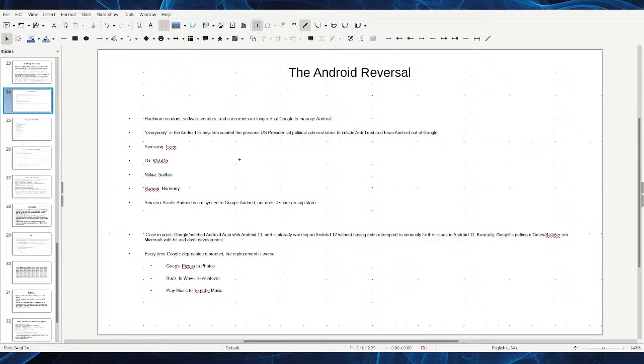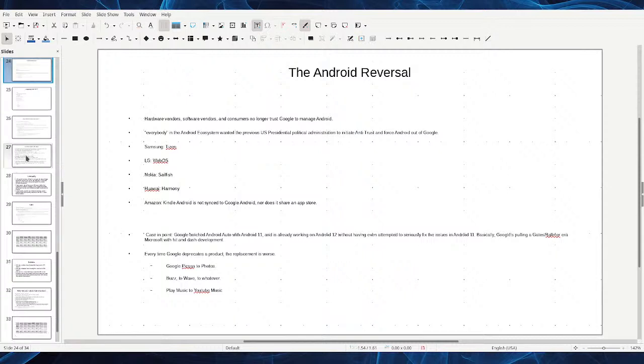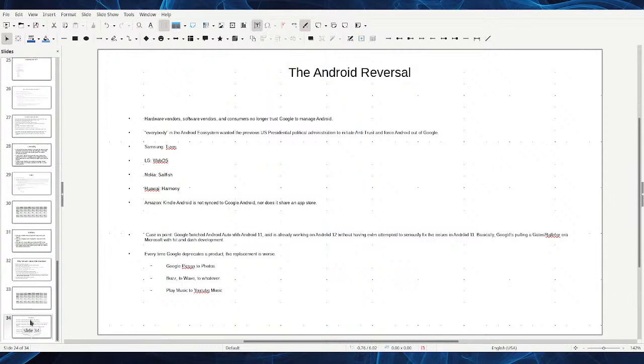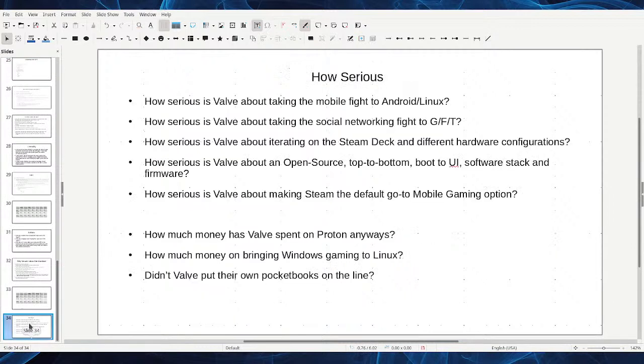So yeah, some of this may just be biased towards what I'd like to see Google do because there are so many easy targets here, and I feel sure that other television vendors, those who make Roku products or those who may have cut deals with Amazon, might look at Valve and go, okay, if we can get Steam Deck as an integrated streaming option and we just use the boot code and the low-level system code and everything that Valve's already done to get Steam and everything else up and running